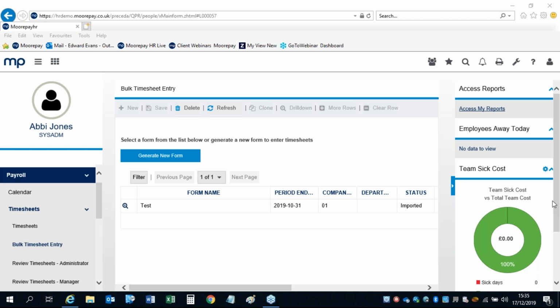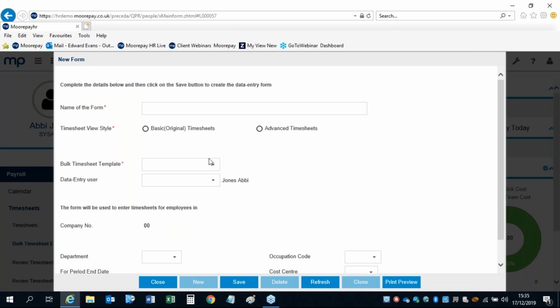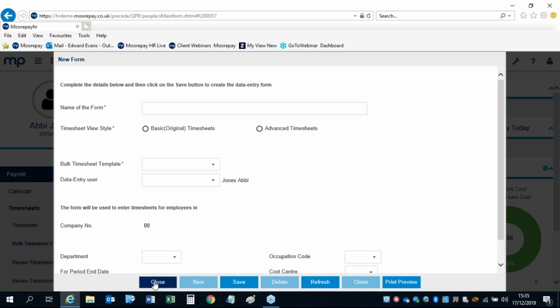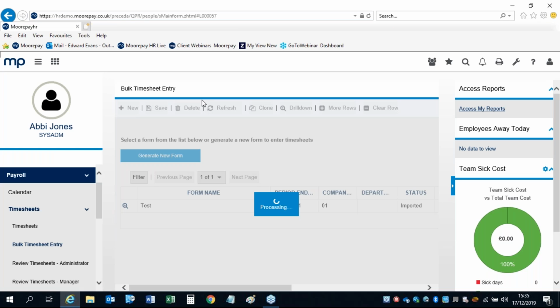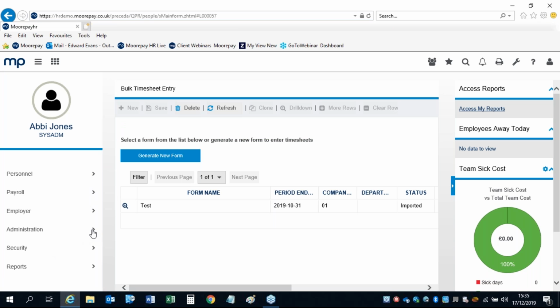Now, before you can actually create a form, the first thing that you have to do is tell it what pay elements you want to appear in that form. And that requires going into the administration screen to create it. So when we generate a new form here, one of the questions is what the template is. We've got a number of them on here. I'll show you how to create one of those first, because you can't go any further if you don't have a template to use. So what we do is we go into the admin menu